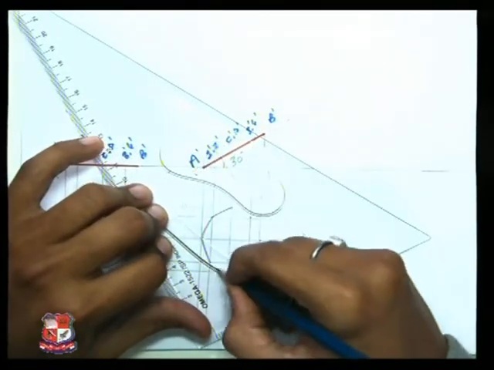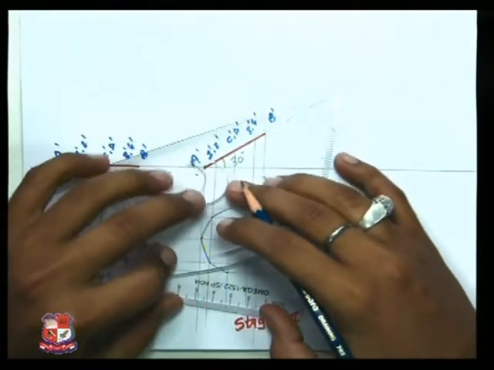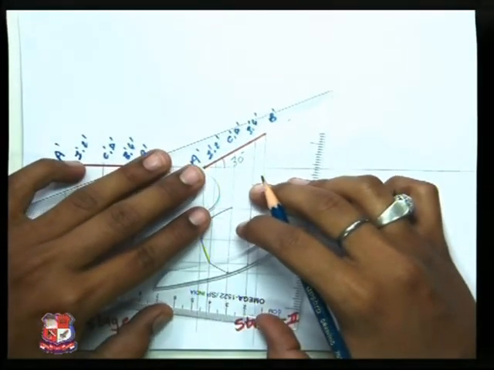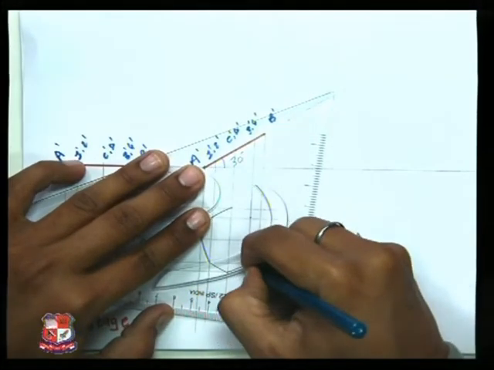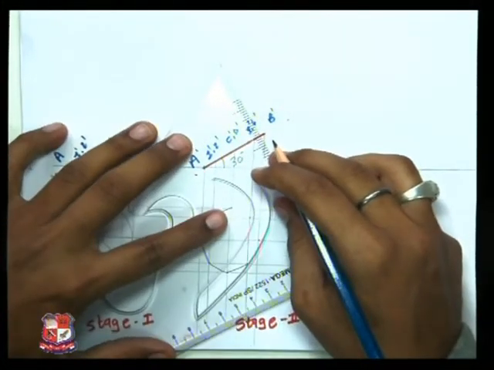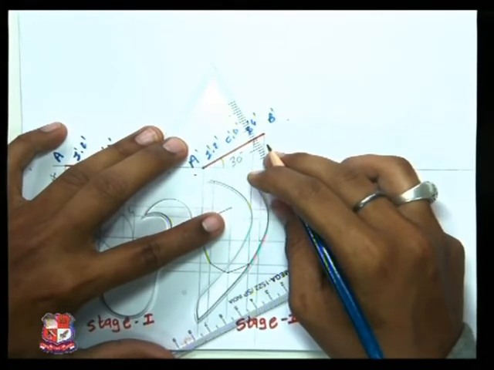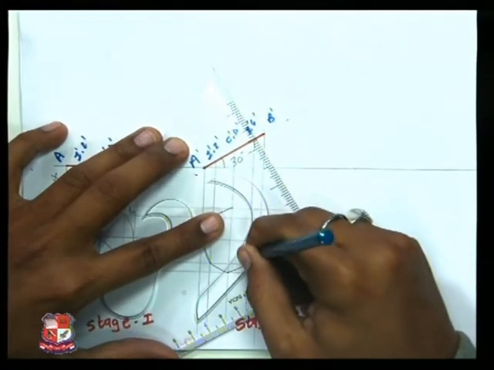I'm joining with the French curve. You can join it either with the French curve or manually, but let's prefer to use the French curve so that a proper curve can be achieved.